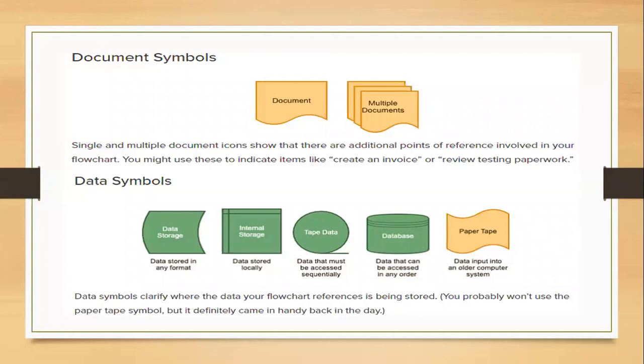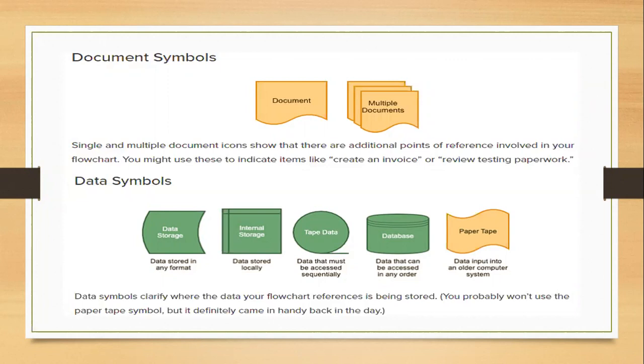In this, three sides are in a rectangular form, and the last one is in what we can say is a curl shape. So this is called a single document. If we have multiple documents at the same time, then we have nested documents contained in this. That means the single and multiple document icons show that there are additional points of reference involved